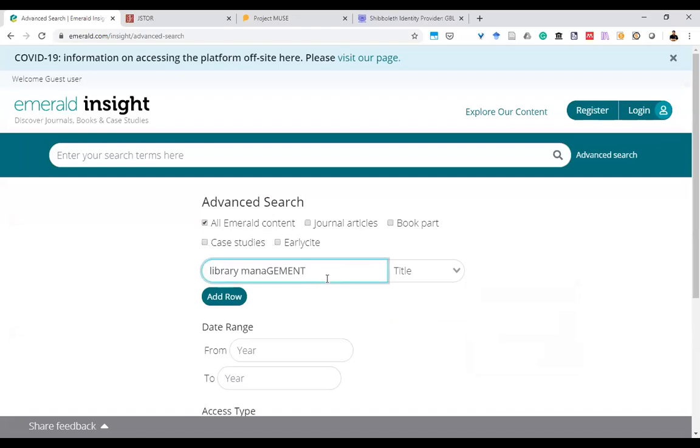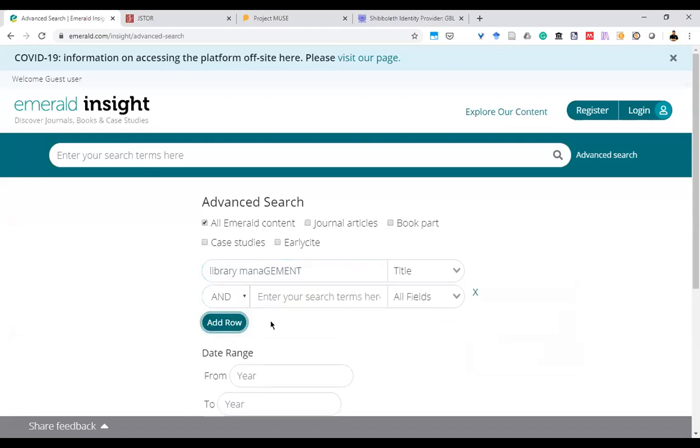Also, I can use phrase searching by using quotation marks, and then I can add rows and specify AND, OR, NOT operators. For example, I know that library management is also known as library administration.